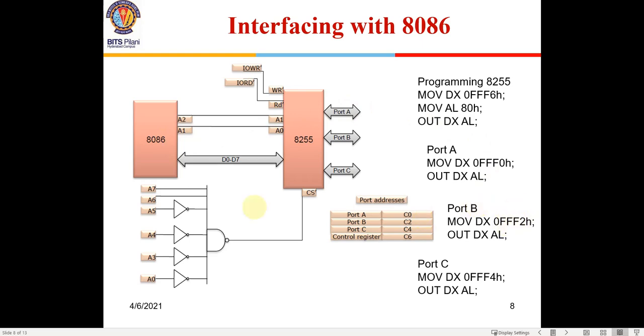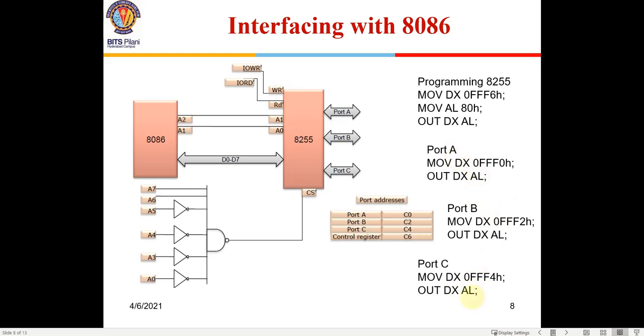Okay, 2, because you are connecting from A1 and A2. So here, for 01, the port B will be connected. So you will have to give in the address line 2, because these lines are A1 and A2. Similarly, for connecting port 3, you will have to give an address which is ending with 4. Right, so 0, 2 and 4 will connect to port A, port B and port C. Is this aspect clear to all of you?